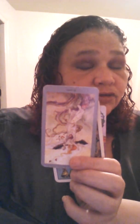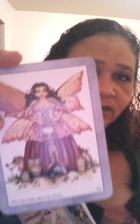But at the end of the day, when the universe says it's time to reveal itself, it's time for things to come out from the dark, trust and believe this moon energy will come out and play. And even though you feel you're not getting justice in that situation, let's take it back to what the fairy said. You got to be grateful for the little things in life. And you know what the little thing in this situation is? The universe opened up your eyes, so moving forward, you can exercise the proper justice and judgment calls moving forward